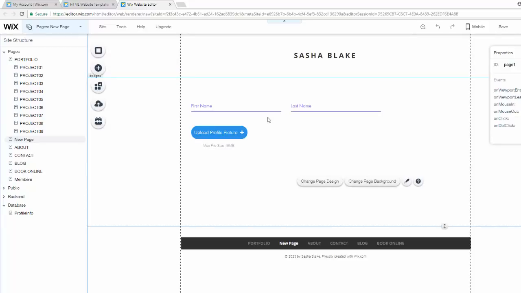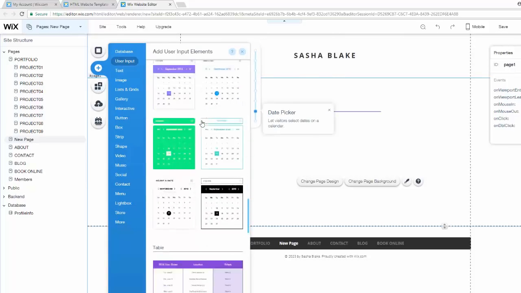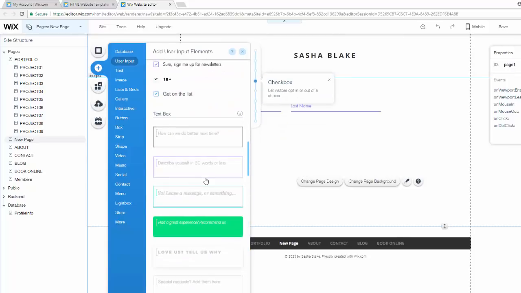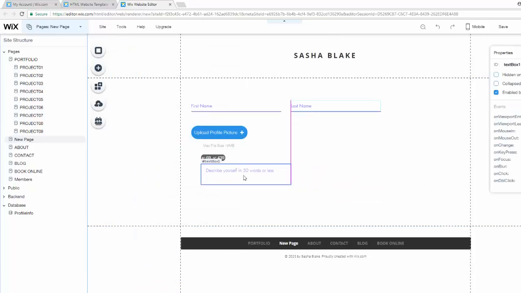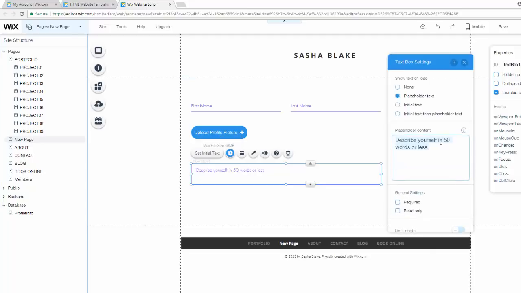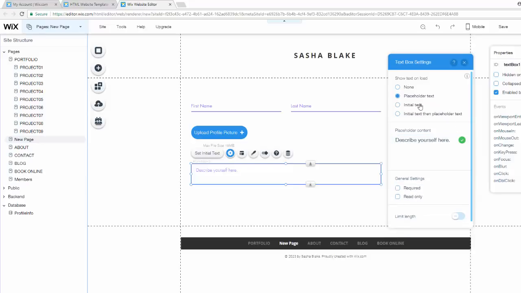And then we have our rich text, which is our description. Now, if someone's writing a description about themselves, it's usually going to be a little bigger than this little short text field right here. So we're going to go back into add. We're going to go to user input, and we're going to go up here to our text boxes. Let's just follow our same design here, same coloring, and then bam, we'll change this right here, and look at that. It already says describe yourself in 50 words or less. Well, we maybe don't want it to say 50 words or less, so let's just say describe yourself here. Change that, and then you can scroll,